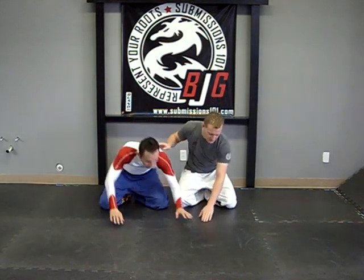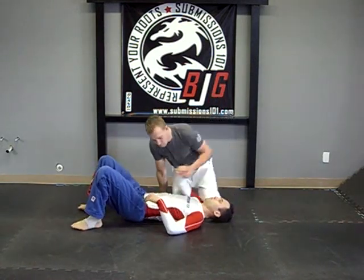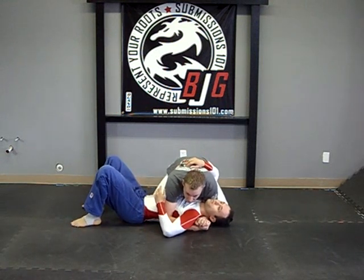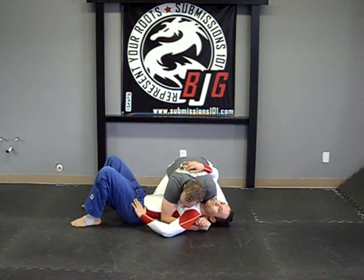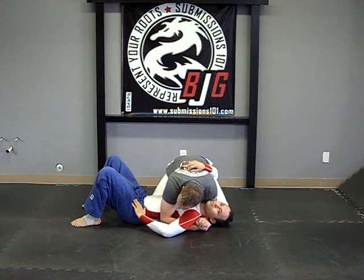I'm going to demonstrate how to do the Kimura shoulder lock from the cross-side position. So I'm going to have Mookie just lay down here. You're going to find yourself in the cross-side position. It's going to start basically with your head and arm control, your gable grip. I'm in tight. And what I'm going to do is, if I see his arm, which is positioned down, or